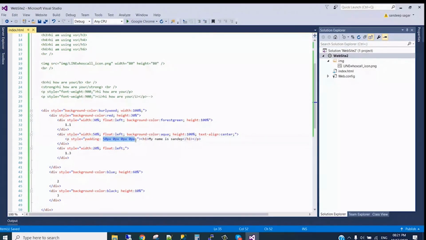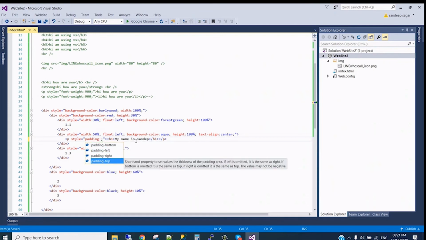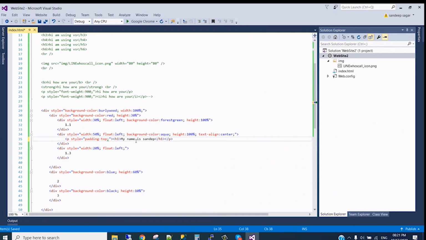About padding, I told you, if you write 1 value, it applies to all four sides; clockwise it is top, right, bottom, left. If we write 2, then top and bottom, right and left. If we write 4, then it covers all the sections. But to make it more specific, we can directly write padding-bottom, padding-right, and so on. If we are only specific with the top, we can write only this, for example 50 pixel.